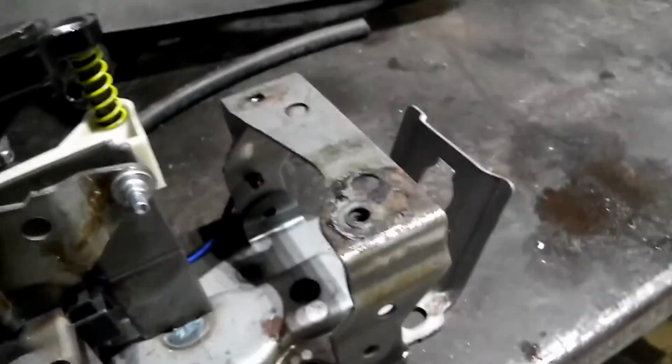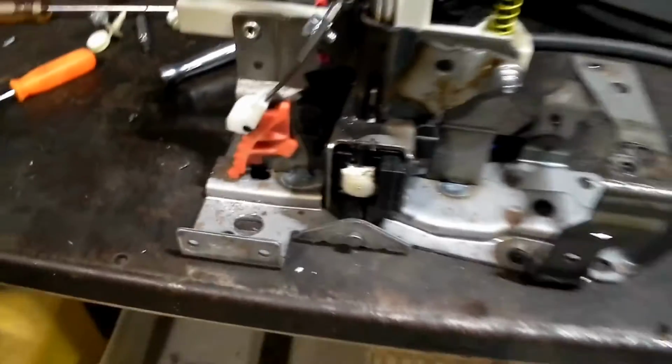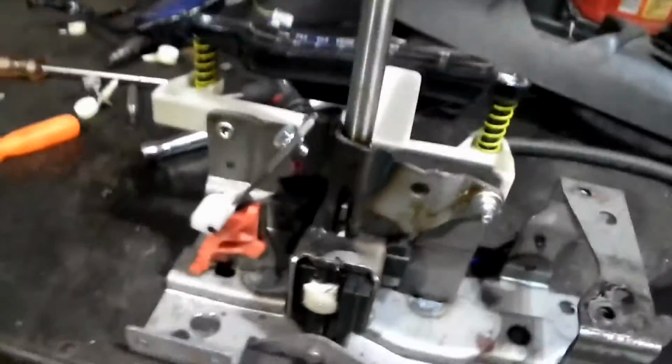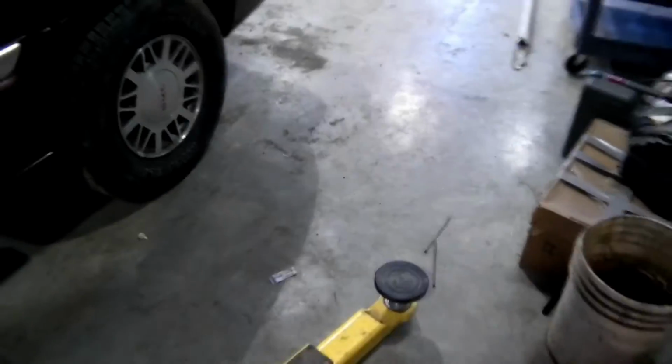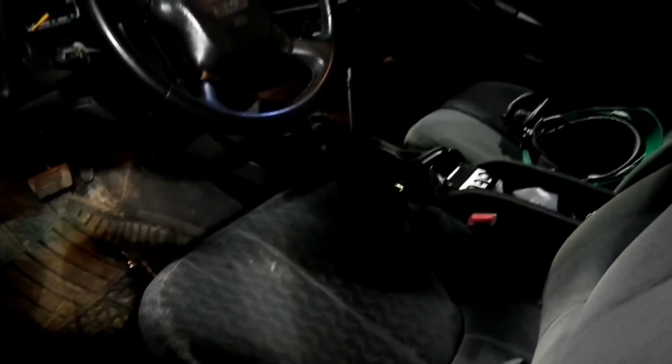But apparently, according to the junkyard guy, these GMC Jimmys or Blazers with a console shift are pretty rare, so it took us a good while to find one. But anyhow, it's in and it's working, and we're going to put the plastic all back together, and put the shift boot and all that good stuff back in,